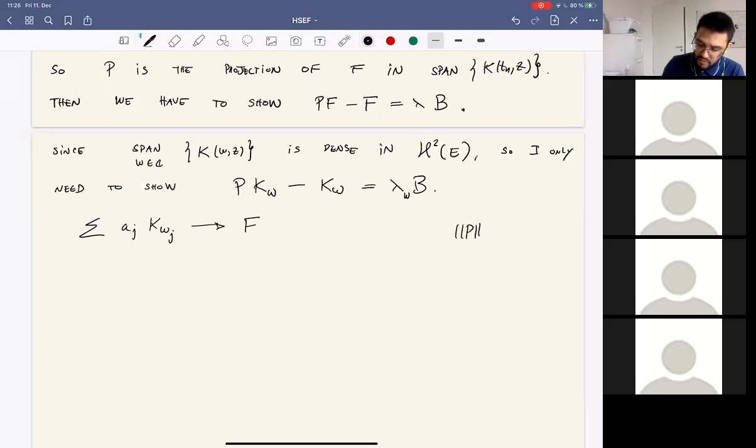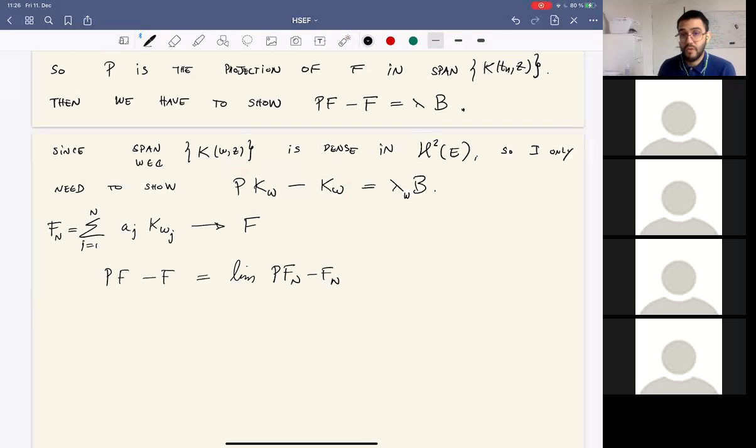The norm of the projection operator is always less than or equal to 1. So therefore, this identity here will be true in the limit. So therefore, P of f minus f will be what? The limit, let me call this f, the sum over j from 1 to capital N. So this would be the limit of Pfn minus fn, which is converging not only in the space, but also uniformly in compact sets. But that would be the limit of this